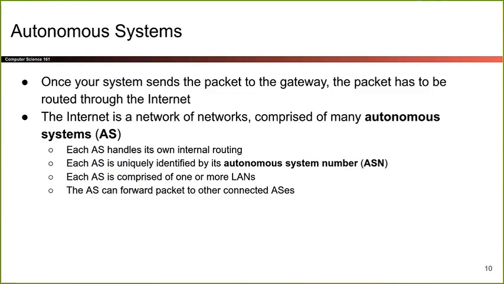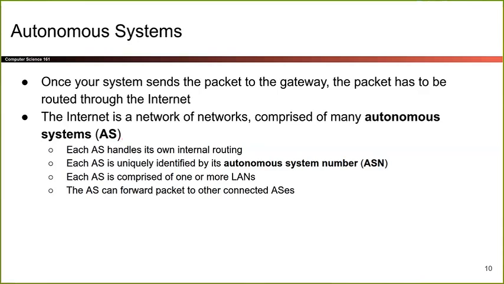So for example, if you've ever been to UC Berkeley, they have two Wi-Fi networks. There's Cal Visitor for visitors, and then there's AirBears 2, which is another local network for students. So these are different Wi-Fi networks, but they're controlled by the same person, which is the University of California, Berkeley. So UC Berkeley controls two different local networks, or maybe more, but they all fall under the same autonomous system because they're controlled by the same operator, is how I think of it.